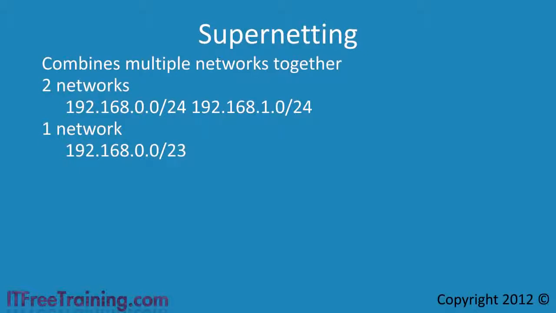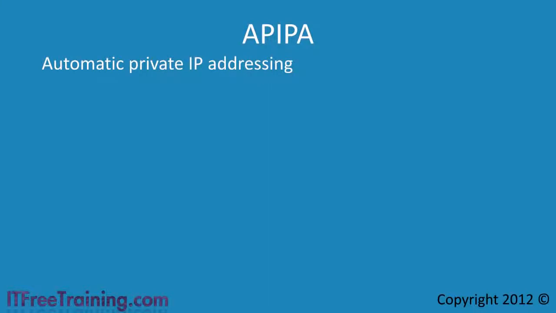Once you have decided on your network, you need to configure your clients with an IP address. On most networks, you have a DHCP server that will allocate your IP configuration. In some cases, the DHCP server may be down, or there is no DHCP server on the network. For example, you plug your computer into a home network. When this occurs, Windows uses a system called APIPA to allocate an IP address to the computer. APIPA, or Automatic Private IP Addressing, automatically allocates a random IP address from the network